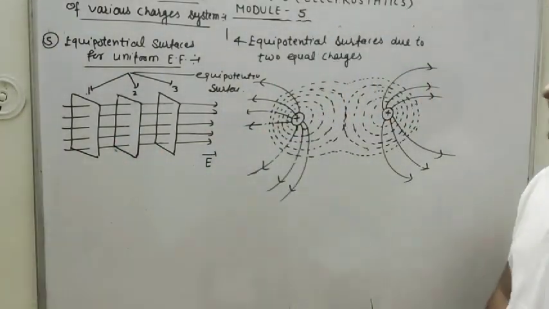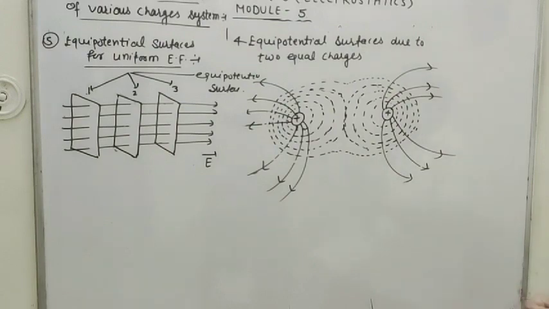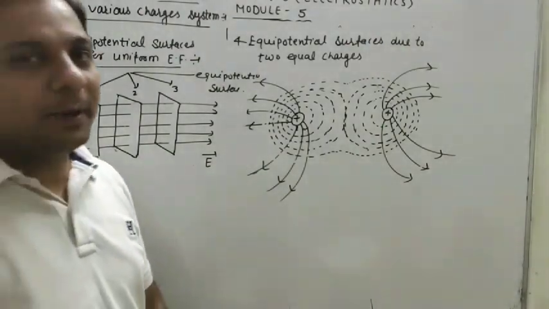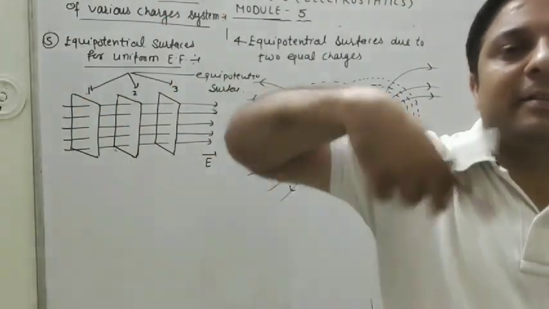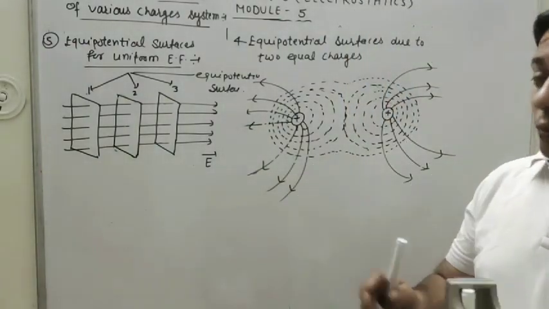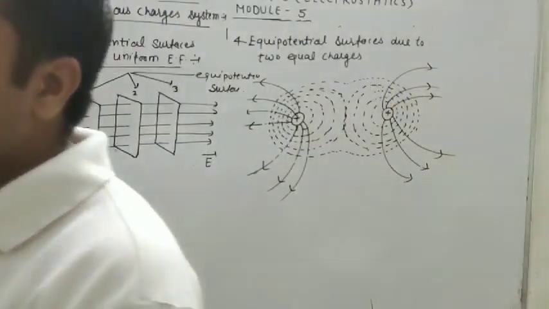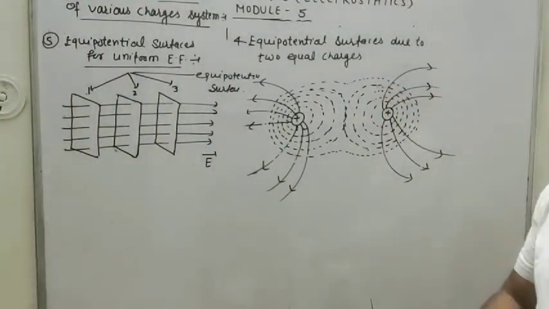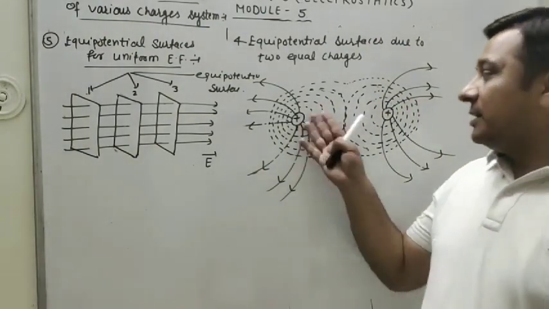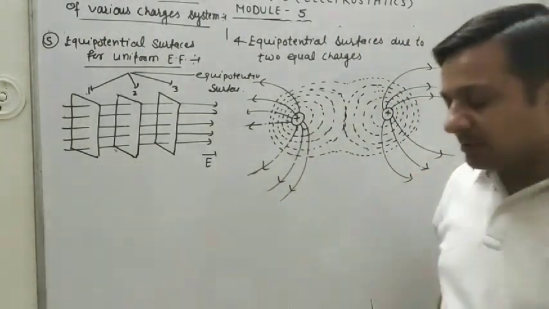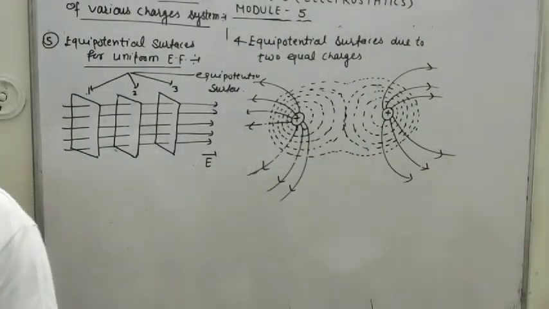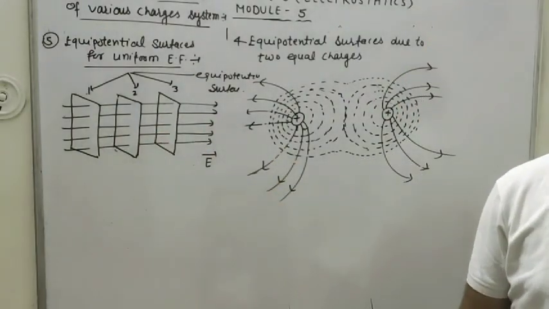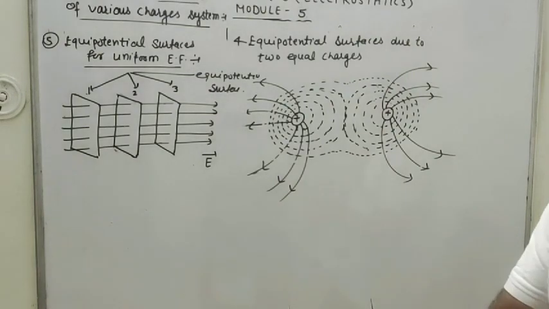This topic is very good and very important. So we have covered many different diagrams and different equipotential surfaces. For a point charge, they are spherical, like circles. For two equal and opposite charges, inside the region the electric field is strong and the equipotential surfaces are closer. For charges of the same nature, in the mid region between the charges the electric field is weak, but outside the electric field is strong. And for a uniform electric field, these are the equipotential surfaces. So you will have to practice these diagrams.